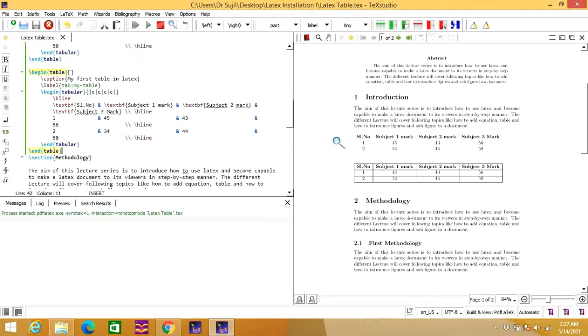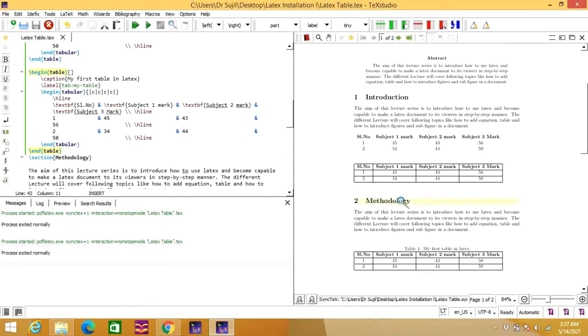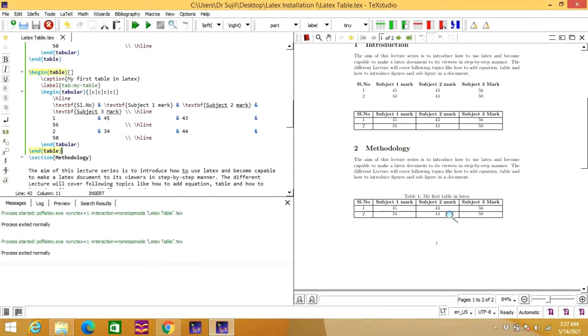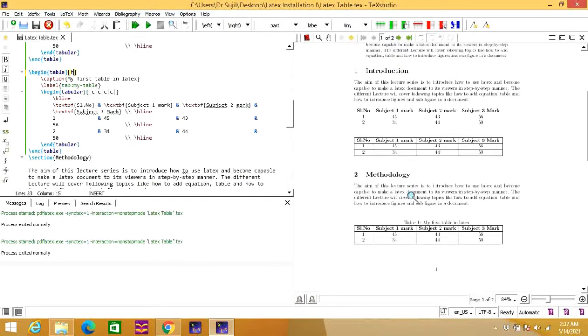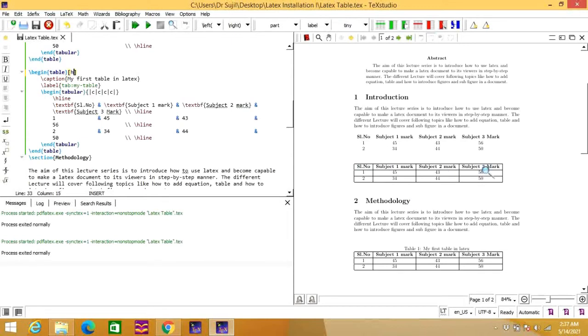So let us see what will happen. So it is coming here at the bottom. Again we need to bring it up. So you need to write H here, and you can see from here the table number, and here there is no table number for these two tables because we have not provided any caption to them.